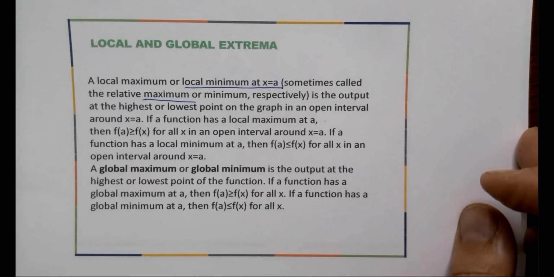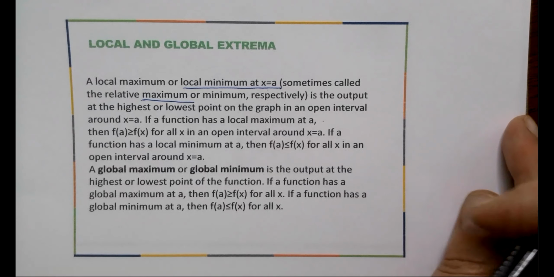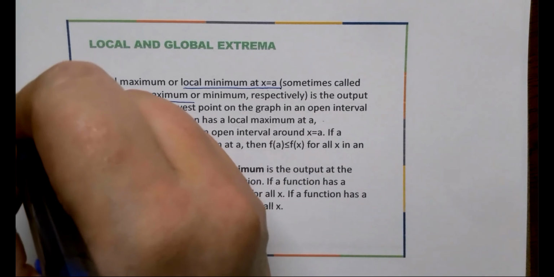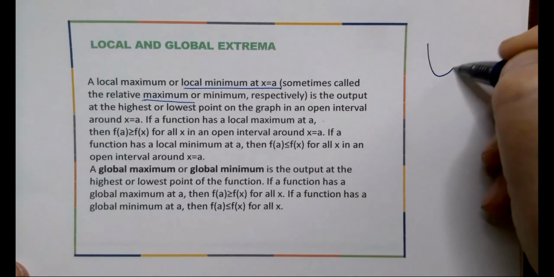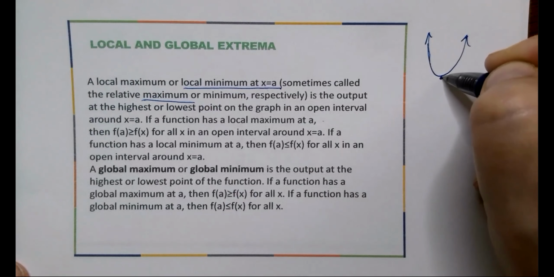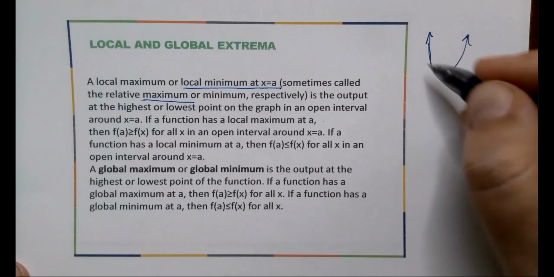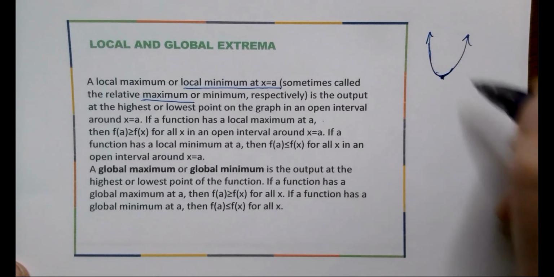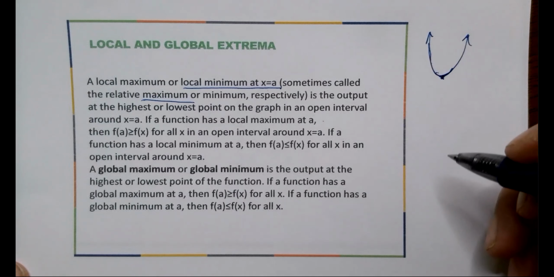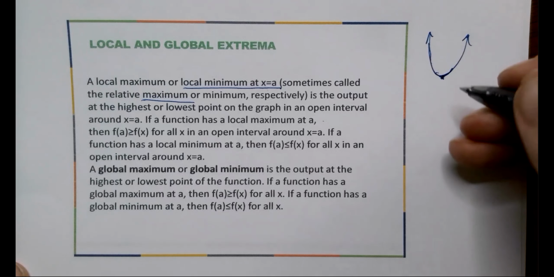Now, some functions will have global minimums and maximums, and some won't, same as with local minimums and maximums. So for example, if you look at the quadratic function that we're familiar with, it has a local minimum, which is also a global minimum, at the vertex if it opens up. But then what about the maximum? It doesn't have a global maximum or a local maximum because it continues to grow